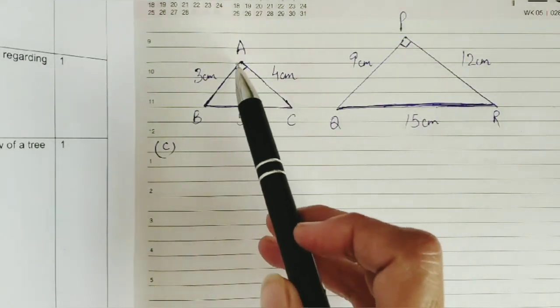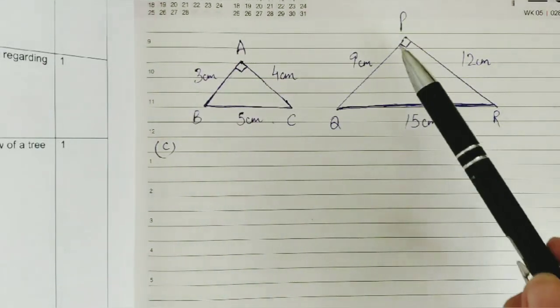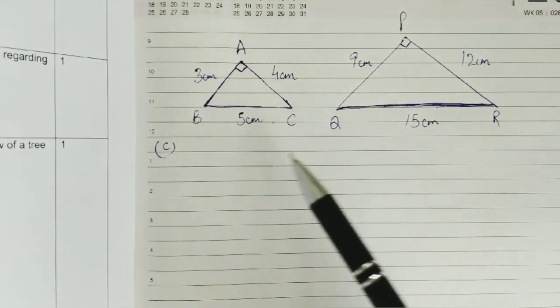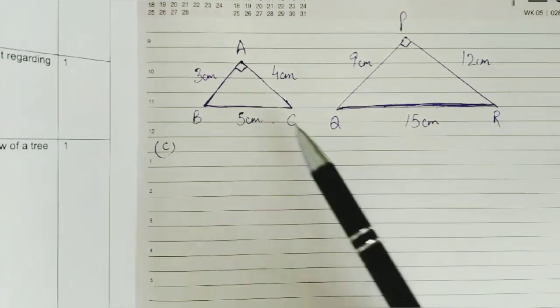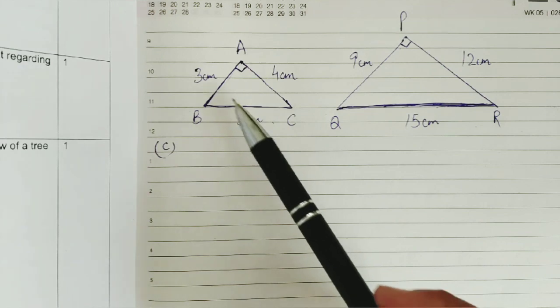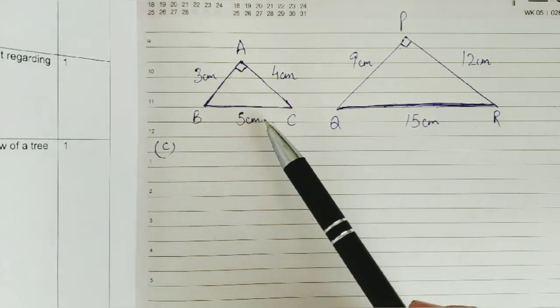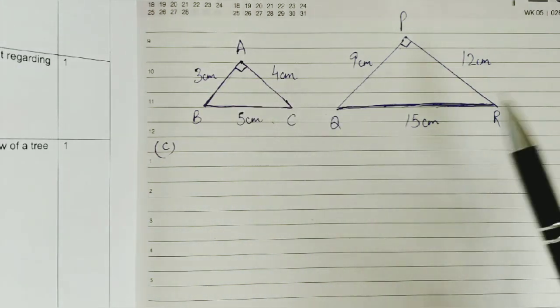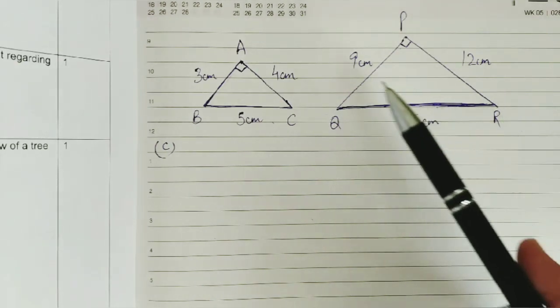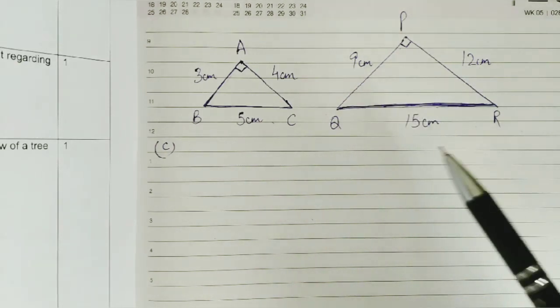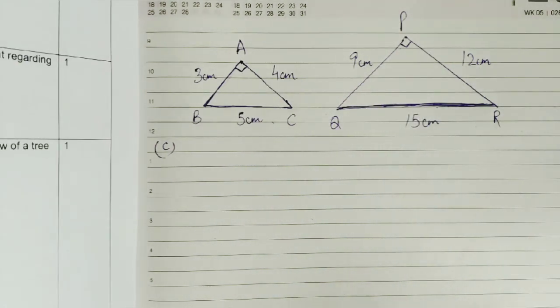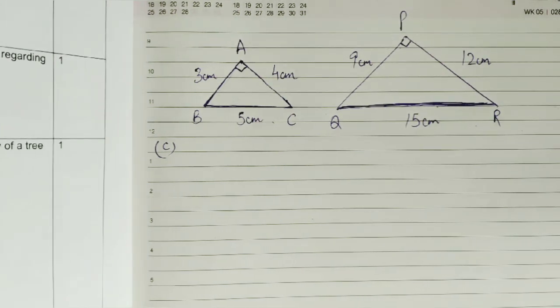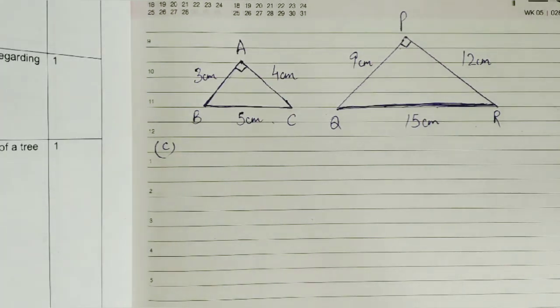Observe these figures, triangle ABC and triangle PQR. Dimensions of ABC are 3, 4, 5. I've actually taken a right angle triangle so that you can easily understand this. And for PQR, the sides are 9, 12 and 15. Now look at this. If I say these triangles are similar, for that we need to check the ratio of